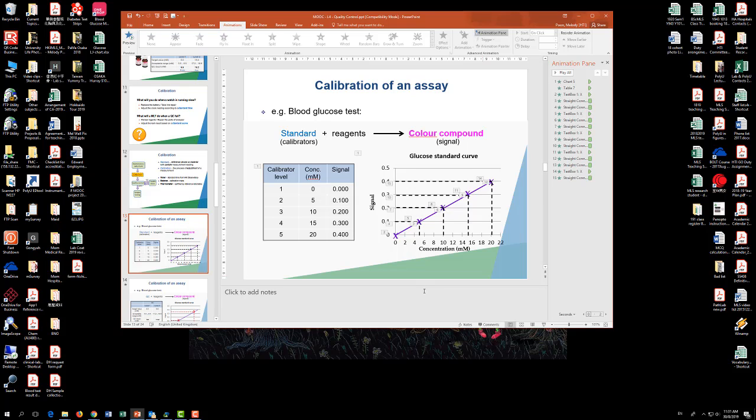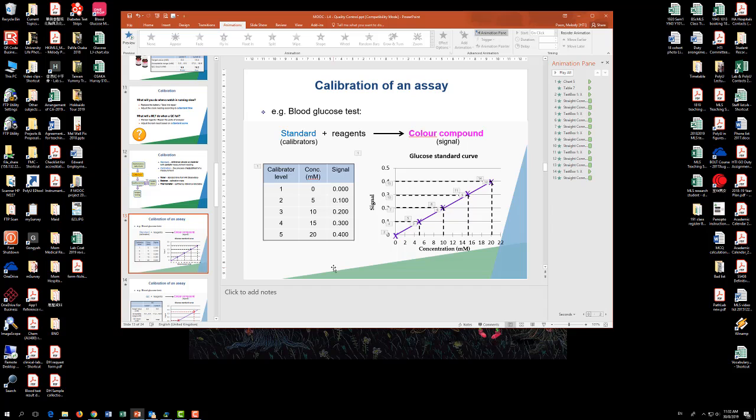Take the blood glucose test as an example. The reaction is based on this: we put in a sample, it reacts with the reagents and gives a final color compound, which is a kind of signal that the analyzer can detect and give you the result. So to calibrate this test,